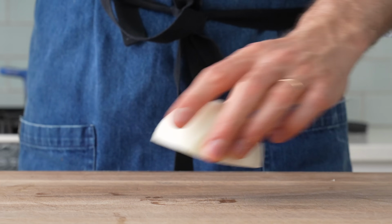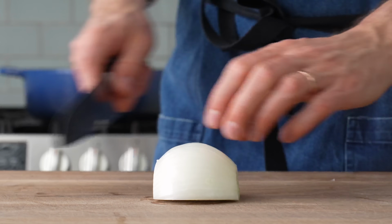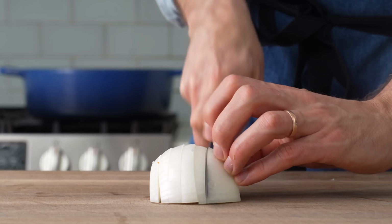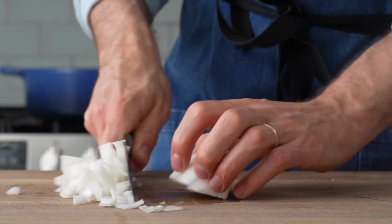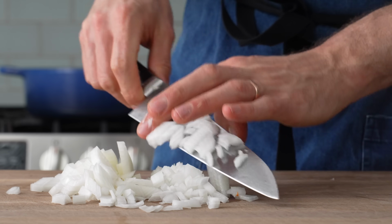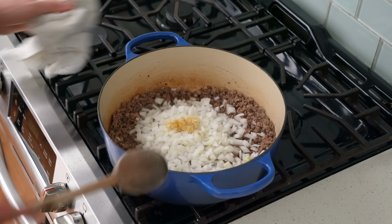By the way, the quickest way that I know to get an onion chopped up for a dish like this is a method that I call the weeknight dice. For that, I take a peeled halved onion and slice it 6 to 7 times from the north to the south pole. Then I'll turn it 90 degrees and chop every 1/4 inch or so. When I get down to the end part, I'll fold the onion forward to keep it balanced and then finish chopping it. This method is quite a bit easier and faster than the traditional 3-step way, and the outcome is